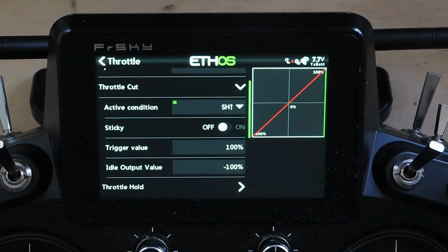And I don't set that max fully open in my throttle mixer. I always do that in my outputs, so I can't add any mix after the fact that'll overdrive that servo in either direction. Now, as you'll probably have noted, we still don't have an idle point. And it's not set in the throttle cut